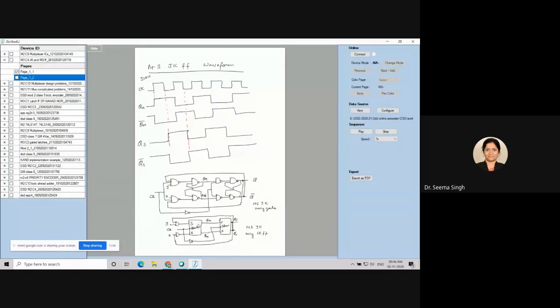Once your JK flip flop concept is clear and your master slave flip flop is also clear, we can go on to our next part, that is making a T flip flop and D flip flop using the JK flip flop. The way NAND and NOR are called universal gates, and you can make any gate out of NAND and NOR, the same way the JK flip flop is taken as the universal flip flop, which can make all other types of flip flop. Okay, so now it is time to understand that.